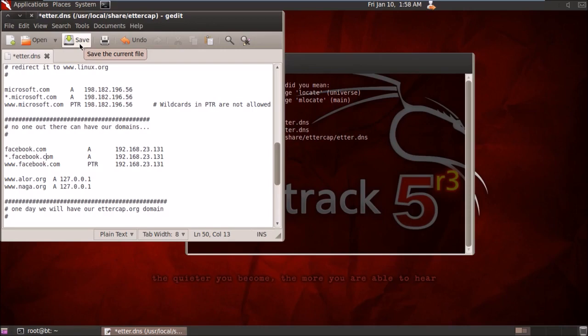For all possible ways I have entered the setup. I've simply mapped facebook.com to my IP address, so everything that he does on his PC will be redirected to mine. I'll just save it and close.